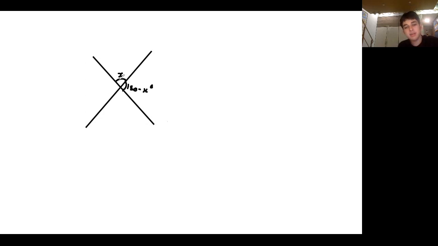Now, why are these supplementary? Because a straight line is always equal to 180 degrees. So therefore, these two angles are supplementary, right? So if this is x, this would be 180 minus x, because x plus this angle would be 180. So therefore, this angle would be 180 minus x. Now, if I take this as 180 minus x and say these two are also supplementary, because they also lie on a straight line, this angle and this angle here, then that would mean that 180 minus x,